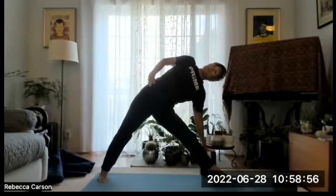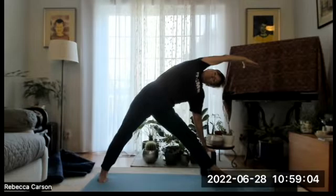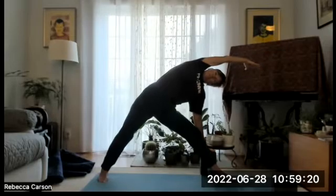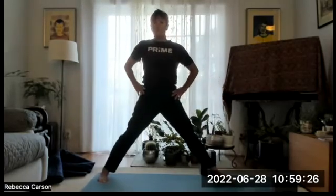Good work, everybody. And then you can reach top arm over. Really nice. Next inhale, we'll bend through the front knee, sweep up, all the way up through warrior two, both feet